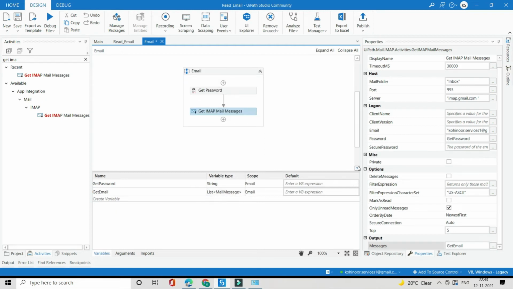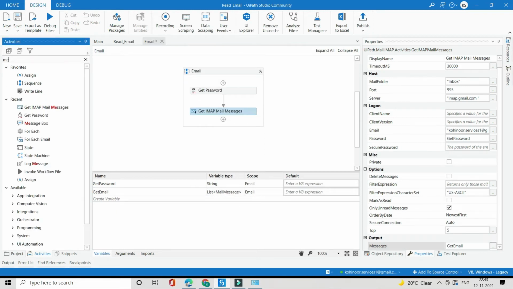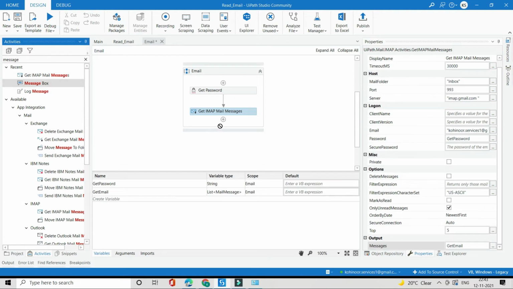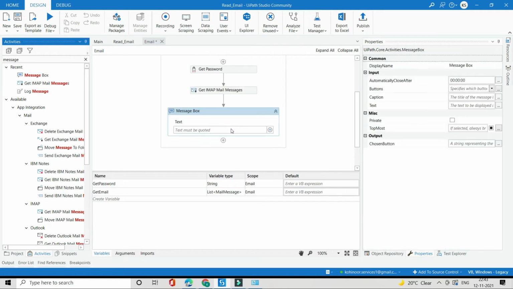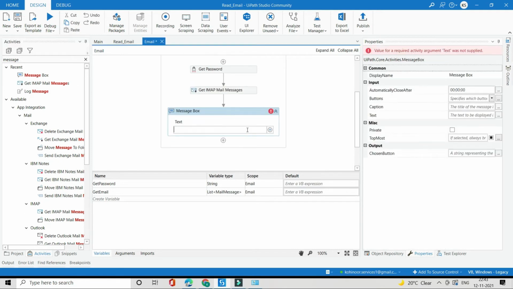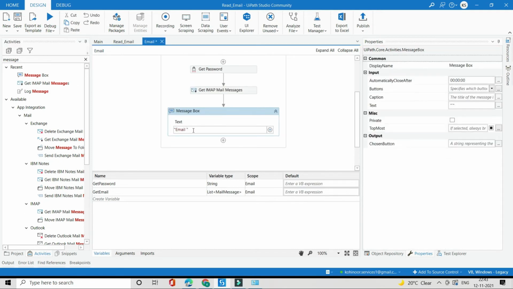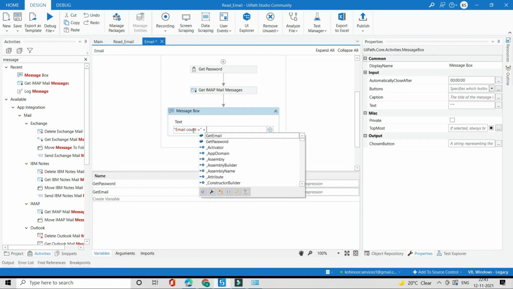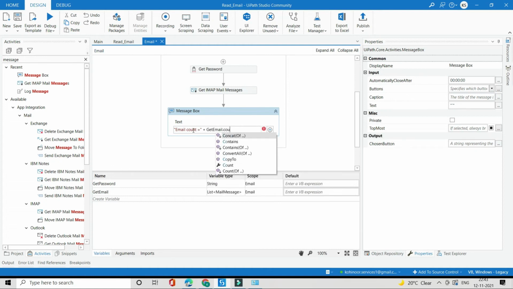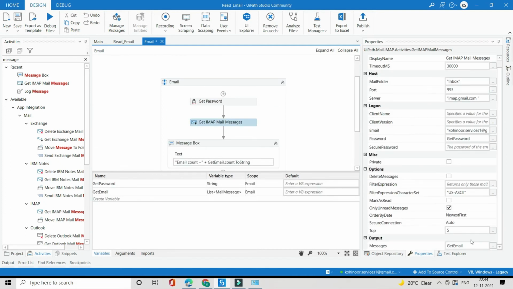Then I will add a new activity, a message box activity, and write the expression: "email count is equal to" plus get email.count.toString. Here we have configured to read only 5 unread email messages.